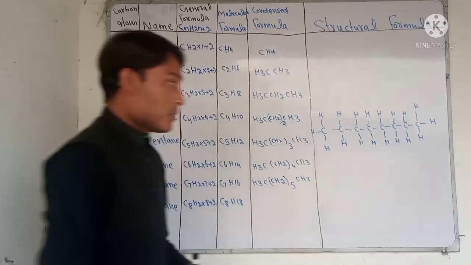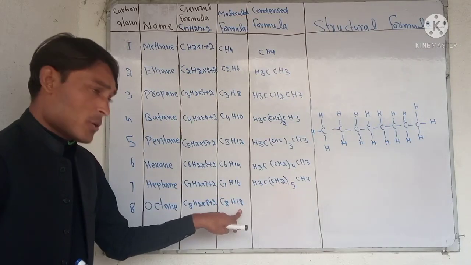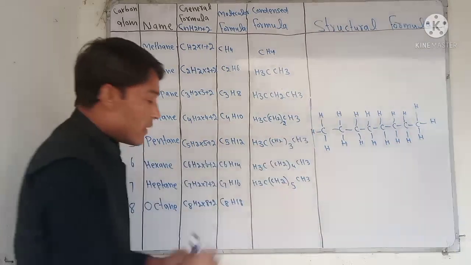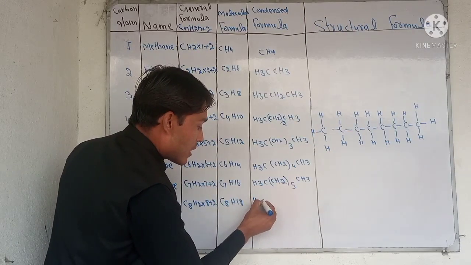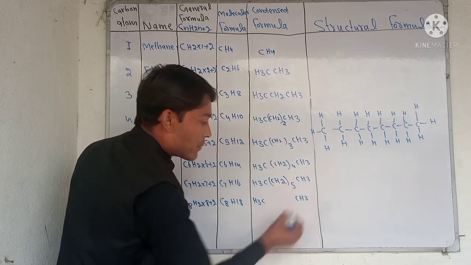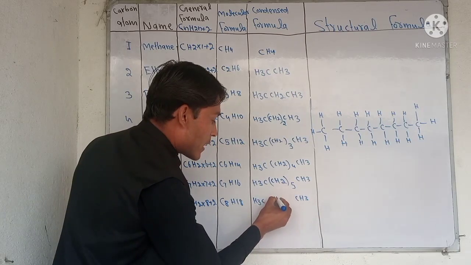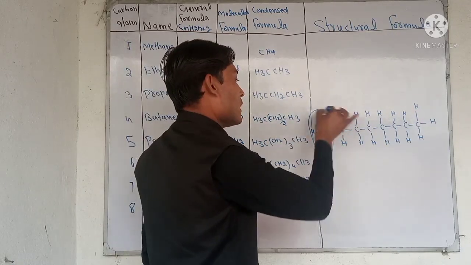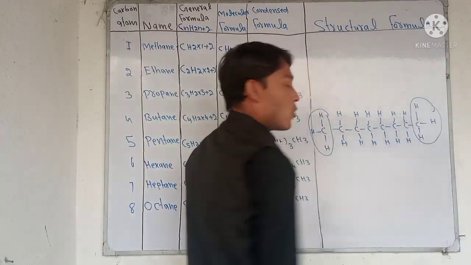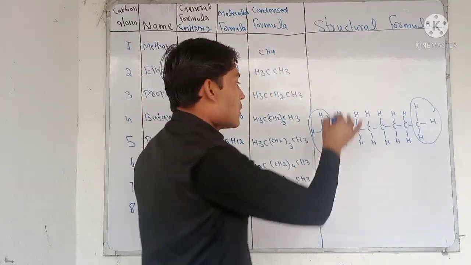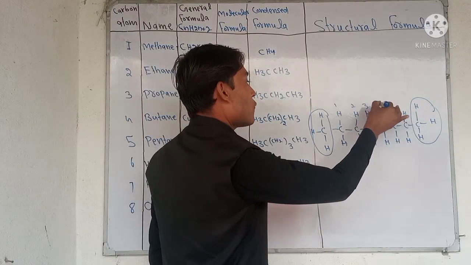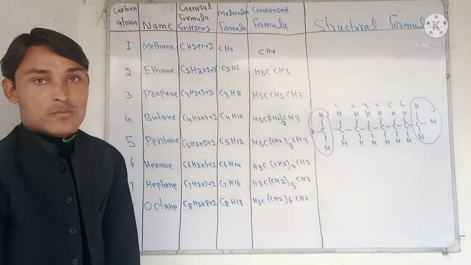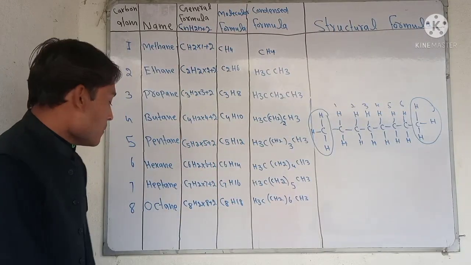Now let's talk about 18 hydrogens and 8 carbons; exactly 8 carbons, you can count them here. First of all, as I told you, you write H3C, CH3 is always at the terminal, and then you write CH2 in the middle in a bracket. Count it: how many CH2 do we have? 1 2 3 4 5 6. So we write 6 here. This is the condensed formula for octane.